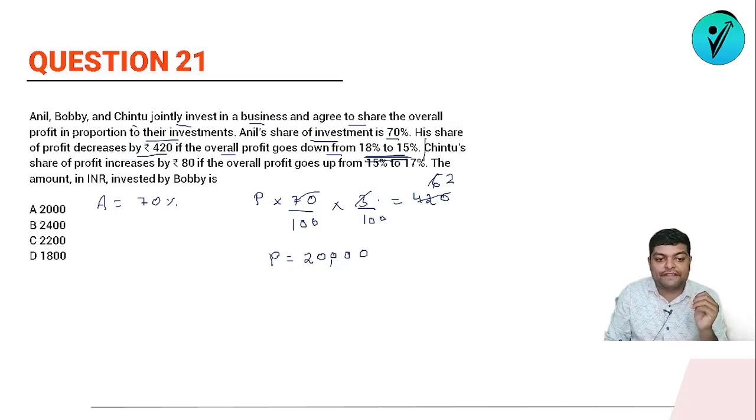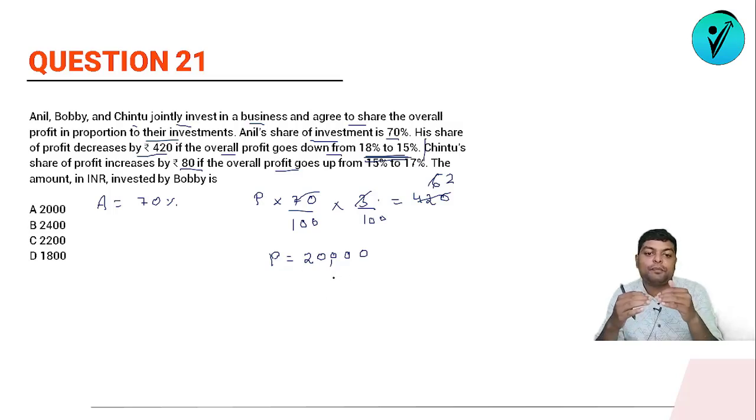Chintu's share of profit increases by 80 if the overall profit goes up from 15 to 17%. अभी जो प्रॉफिट था, अगर वो प्रॉफिट 2% से बढ़ जाए, 15 to 17 मतलब क्या है कि अगर ये प्रॉफिट 2% से बढ़ जाए तो ऑब्वियसली चिंटू का भी प्रॉफिट 2% से बढ़ जाएगा। अगर ओवरऑल प्रॉफिट 2% से बढ़े तो चिंटू का प्रॉफिट भी 2% से इंक्रीज कर जाएगा। It says that